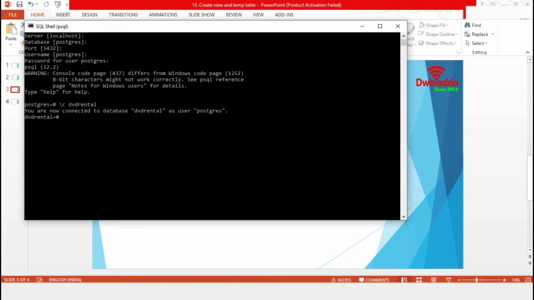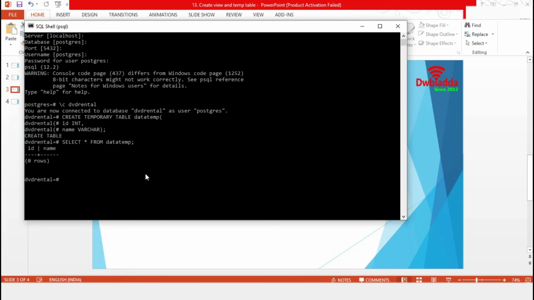Now in this database, we will create a temporary table using the CREATE TEMPORARY TABLE statement. Create temporary table, and we have to set our temporary table name here. Suppose we are giving the name data_temp. We are keeping id as integer, then name as varchar. So we have successfully created one temporary table. Let's check this with the select statement from the same data_temp. So we have a temporary table with no rows.